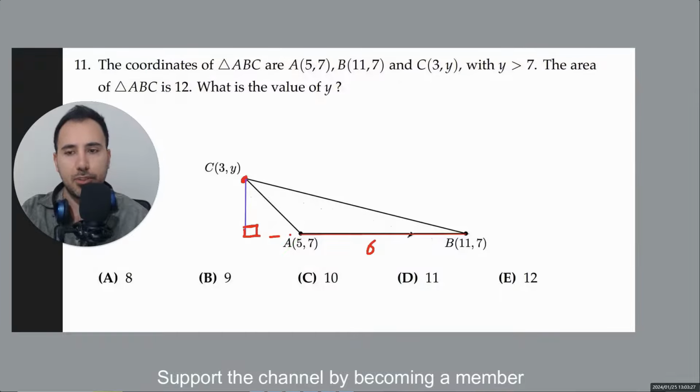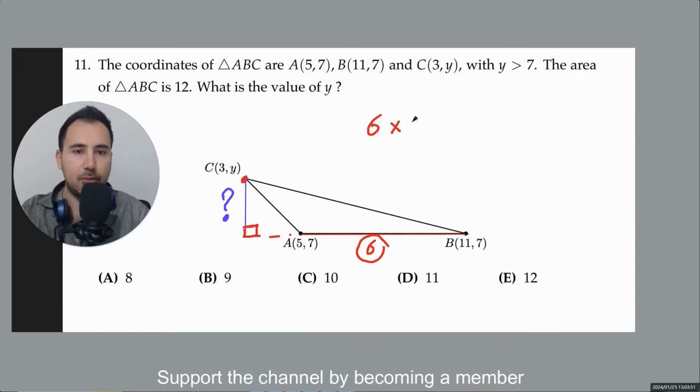Now, what was the formula for a triangle? You would multiply this by this purple one, divide it by 2, then it becomes 12. So I'm going to put here a question mark. So let me go and do this now. So we know that 6